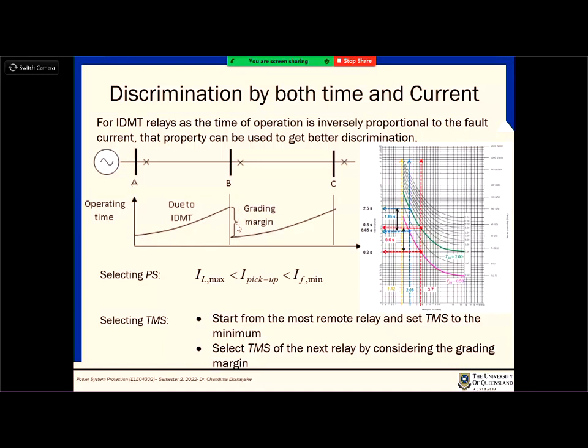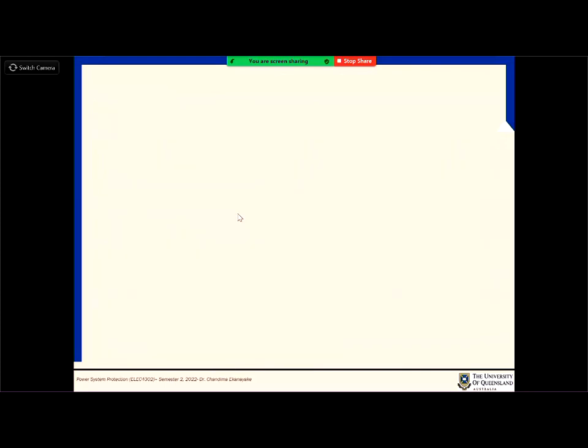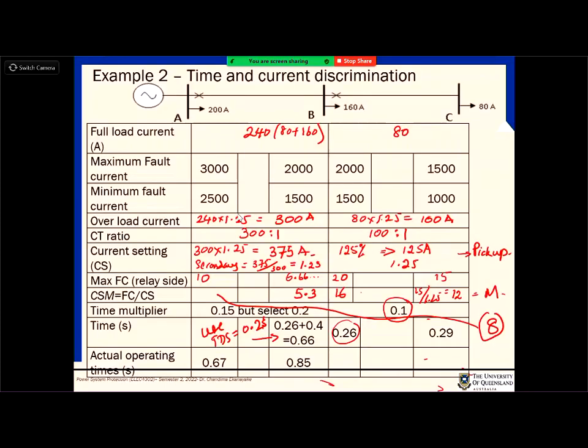Because of this grading margin, you definitely introduce some delay, but you can't avoid it. That is how one can work on this sort of design. You can have multiple relays, not just 2, but 3 or 4 relays, and then you can coordinate them. This is a part of your PSCAD exercise as well, where you need to do some analysis or